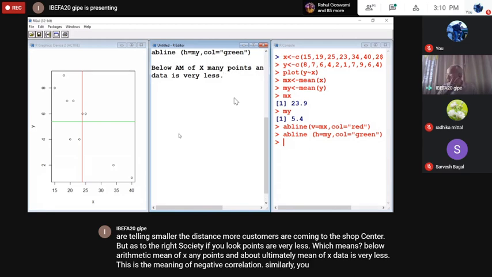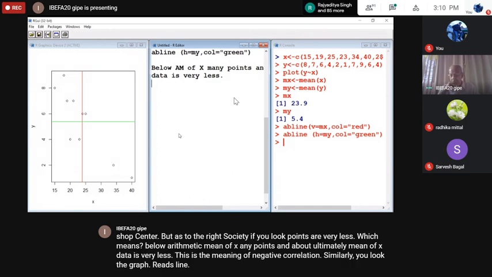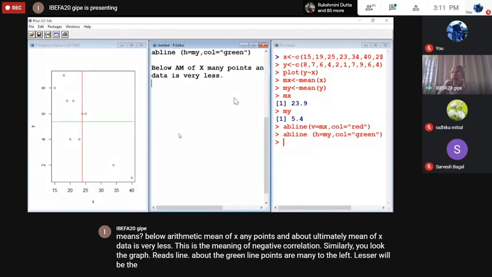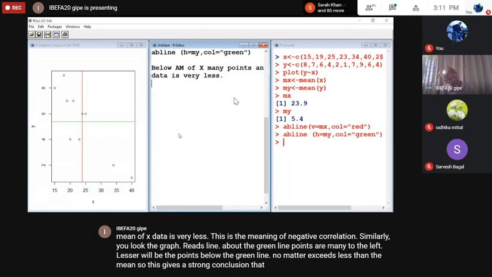Similarly, you look at the graph, the green line. Above the green line, points are many to the left. Fewer will be the points below the green line, no matter x is less than the mean. So this gives a strong conclusion that smaller the distance, more